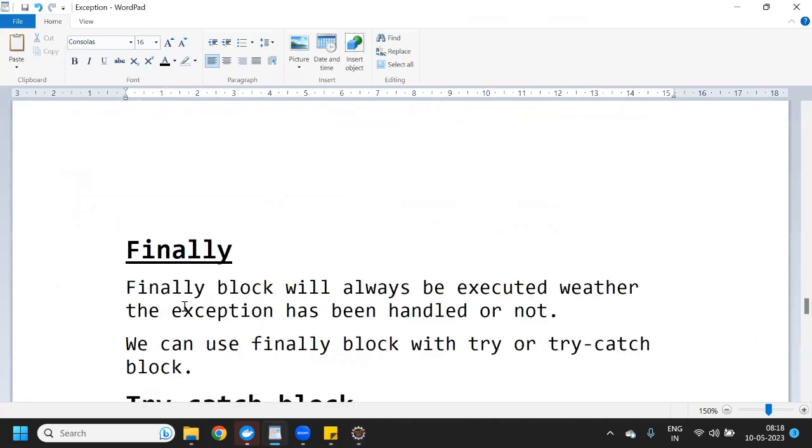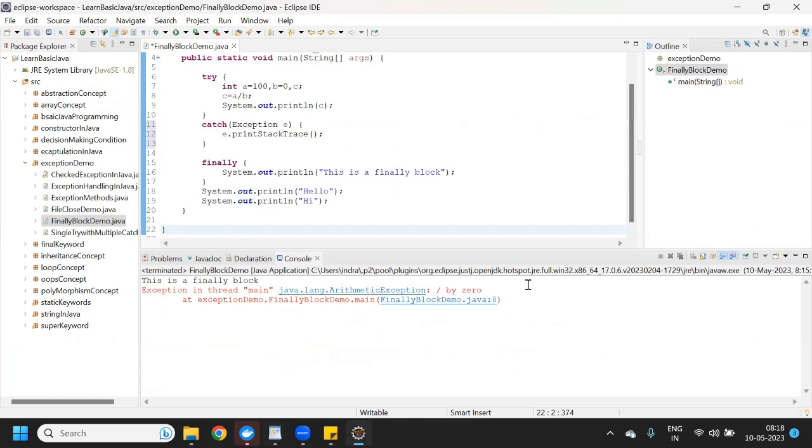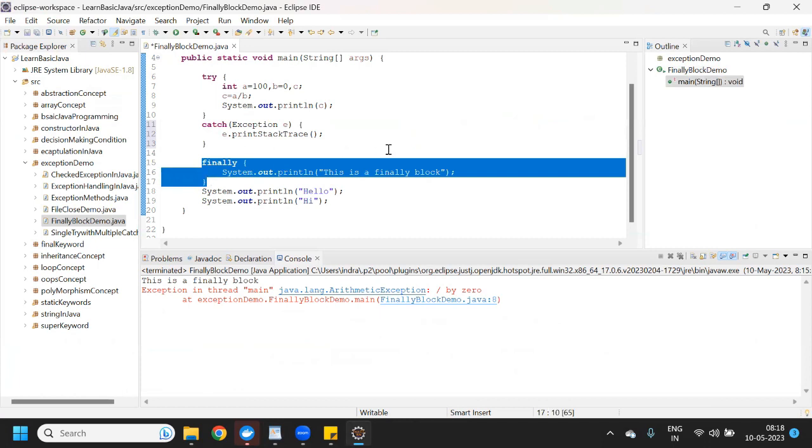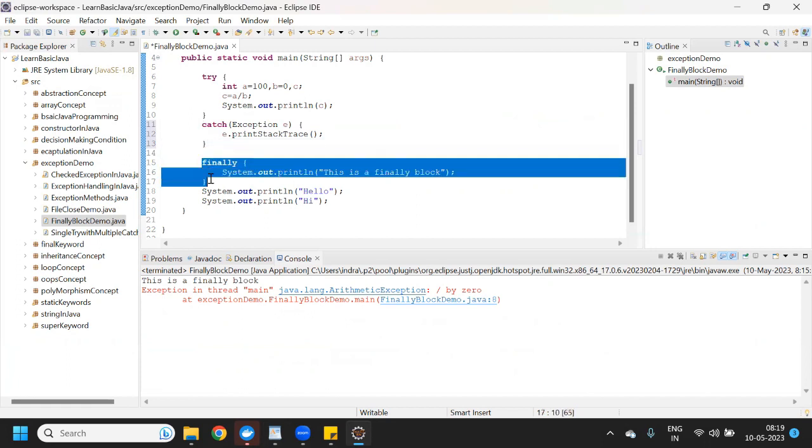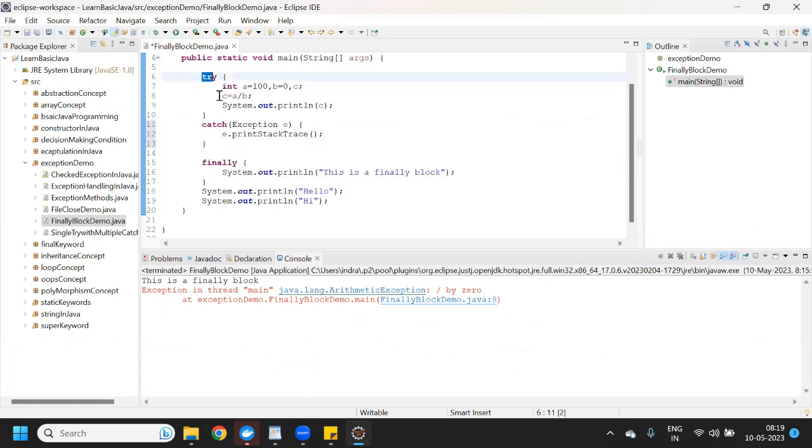It says the finally block will always be executed whether the exception has been handled or not. It doesn't matter whether your exception has been handled or not. But this finally block is always executed. So I would recommend you to use this finally block along with the try and catch block.